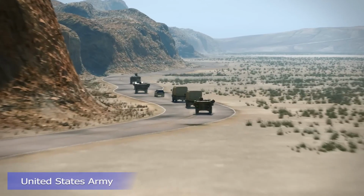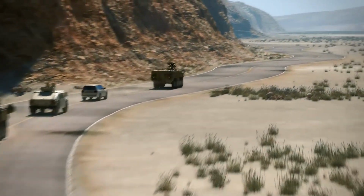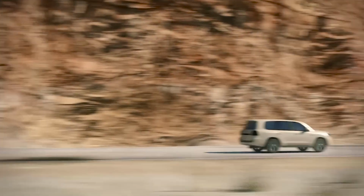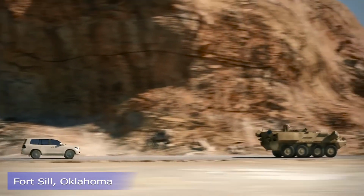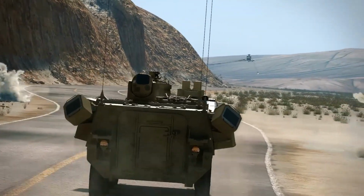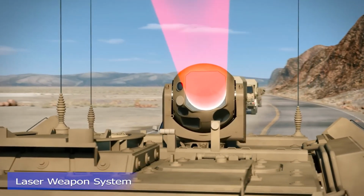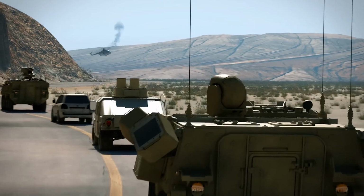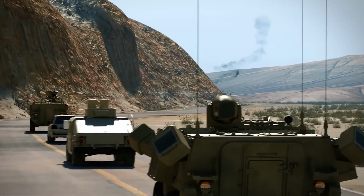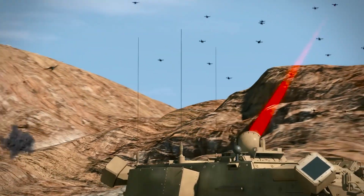The U.S. Army has just fielded its first laser weapon-equipped unit, possibly the first of its kind in the entire world. Based at Fort Sill, Oklahoma, the unit took possession of 4 laser-equipped Stryker infantry combat vehicles, each mounting a 50-kilowatt class laser weapon system. The combination of Stryker and laser, which the Army calls m-shorad, can down both drones and artillery such as mortars